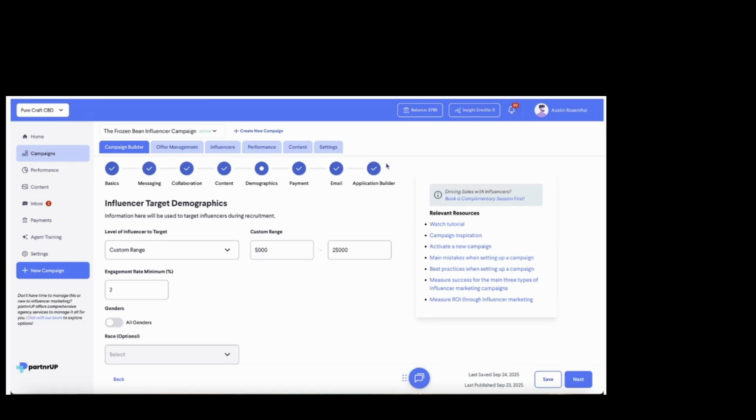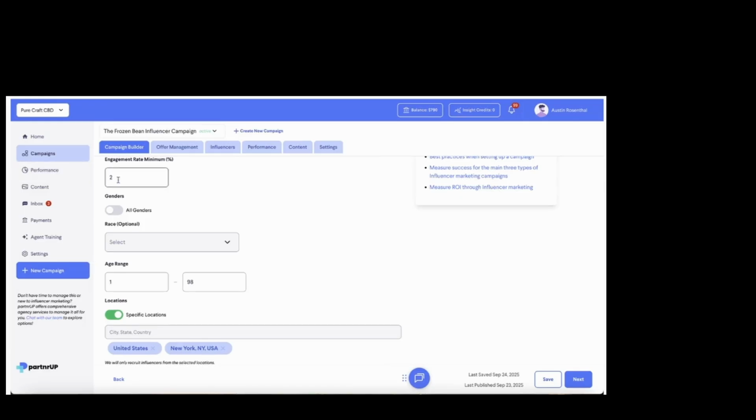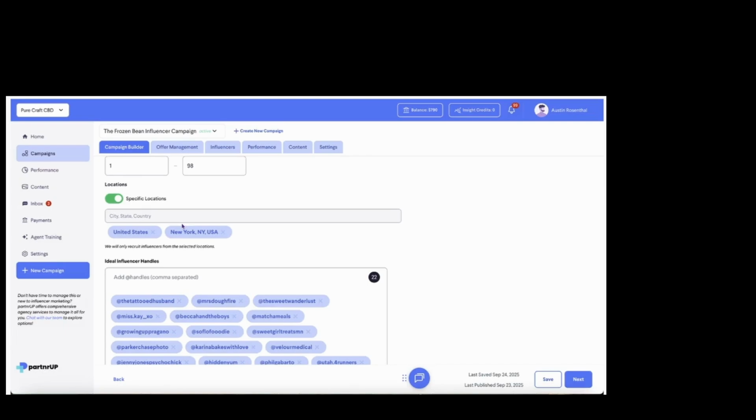Last piece before we go into publishing the campaign. I know that this is a lot. I wanted to get into the depth of it because I know that you probably have some pretty important things that you need to customize for your specific use case. But this demographic section is what really configures the sourcing and recruitment when you publish a campaign, we're going and finding creators that fit follower ranges of interest, engagement rate thresholds, gender, race, age ranges, down to specific